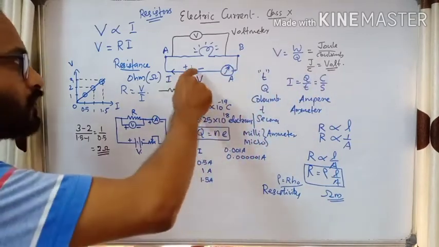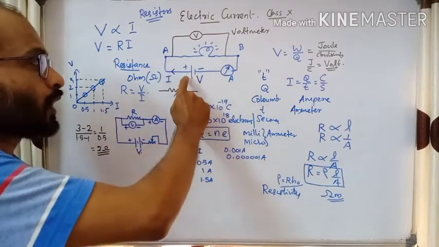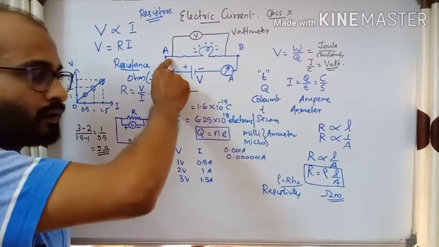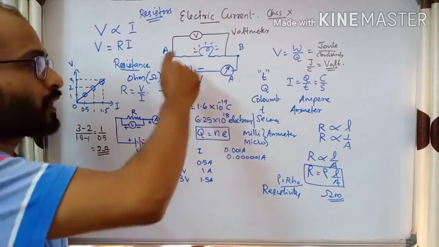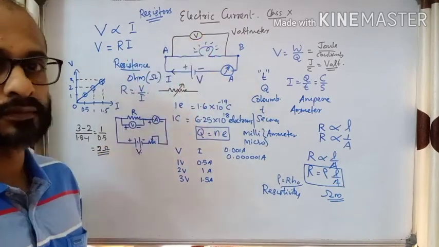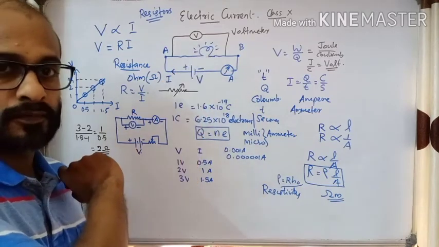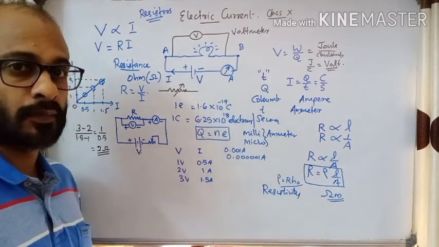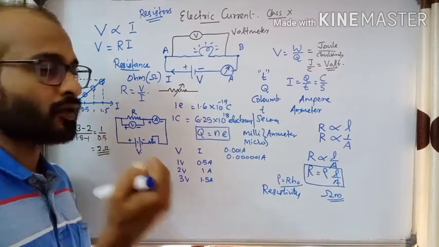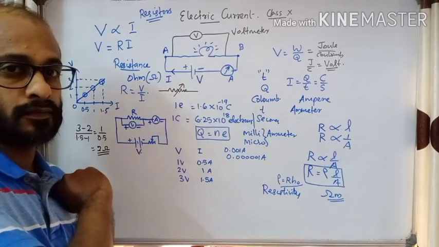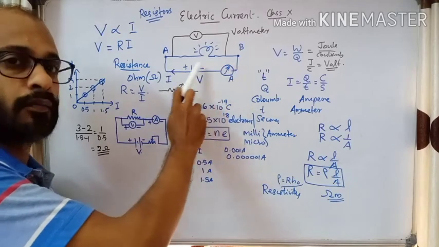For current to flow across a conductor, what do we need? We need to maintain a potential difference. One end of the conductor should be at a high potential, we consider positive to be high potential, and the other end at a low potential. Then only current flows through the conductor. When current flows through the bulb, what happens? The bulb contains a filament, which has higher resistivity. So it will oppose the flow of electric current. Then the electrons' energy will be converted to light and heat energy. In that manner, current flows through a conductor, provided we create a potential difference.